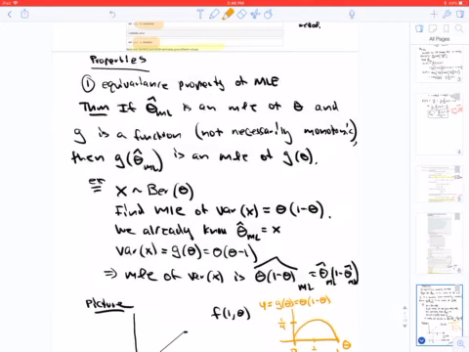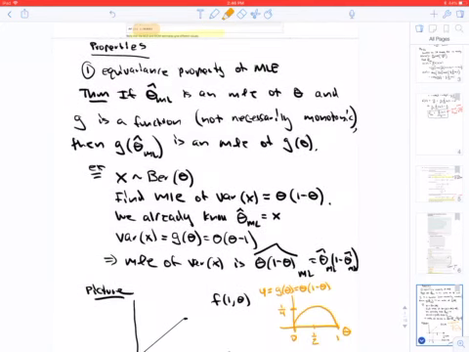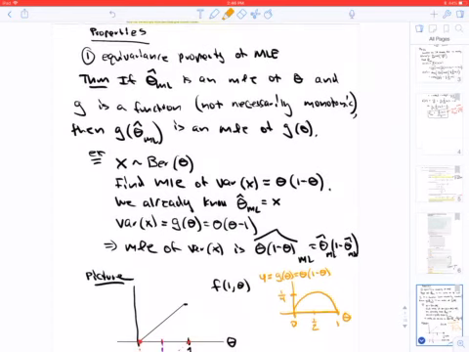Okay, properties of the MLE. Properties of the MLE, we have first